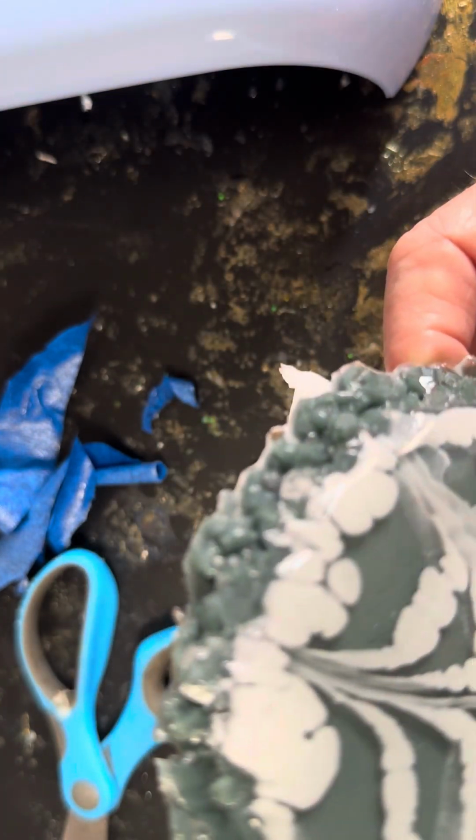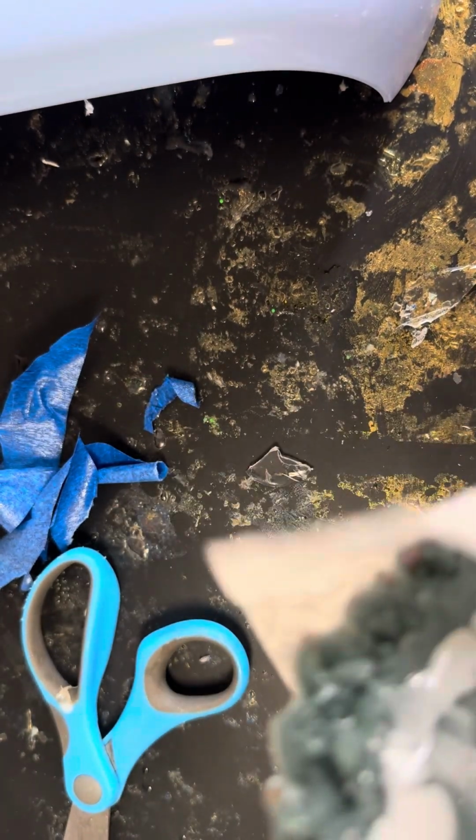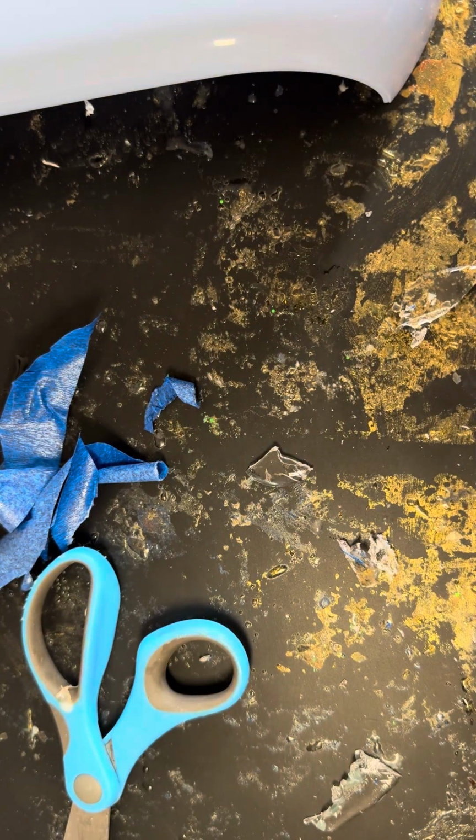I'm going to try not to get any resin on my hands. I got a little bit there by the looks of it. Let me just get that off. Let me just give that a little spray there. Somehow it must have been on my hand. There is still...